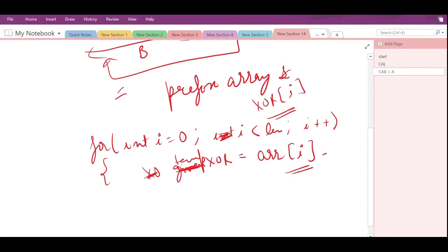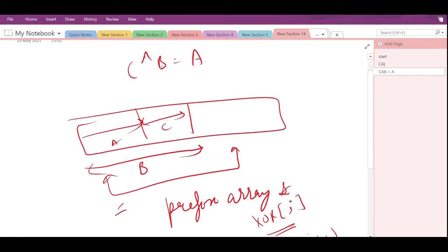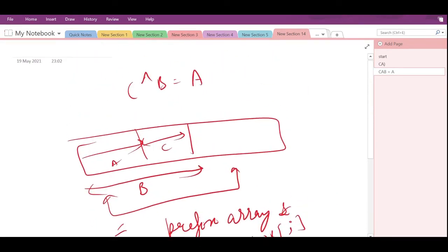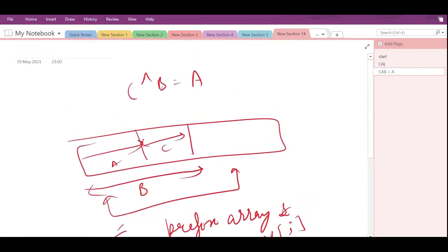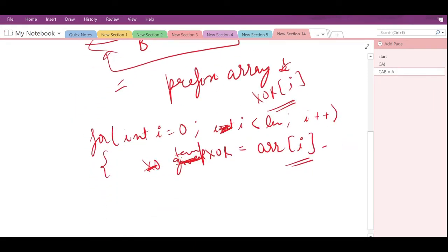Now, since I proved it, I know that I want an XOR of m. I know the value till this, the entire b, is array of this temporary XOR.